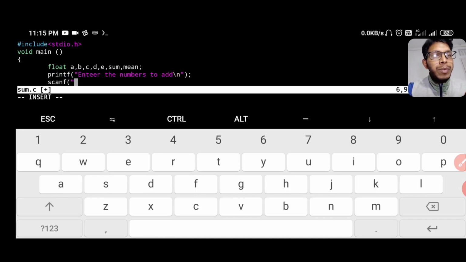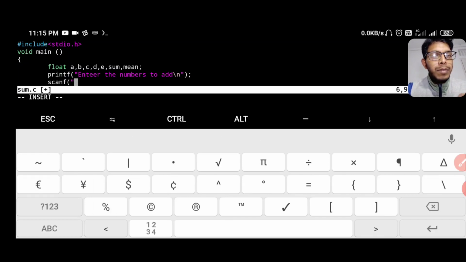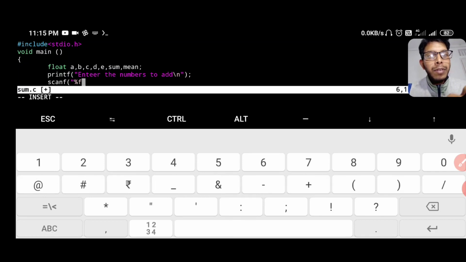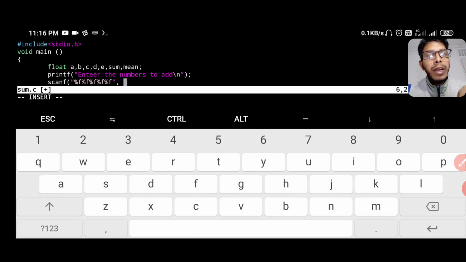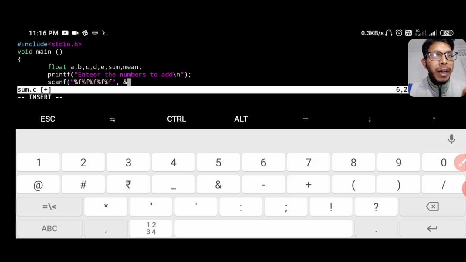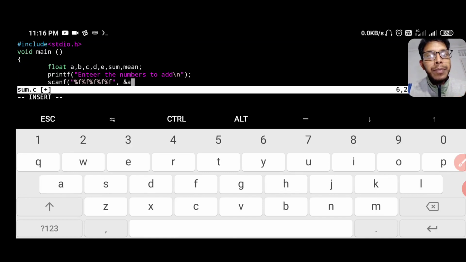So floating point we have taken, then what do we have to use? %f. How many %f's? How many inputs are we using? 5. So 5 times we have to use %f. We want to take 5 inputs. After that you have to give a comma. Which inputs do we want to take? Then we have to give the ampersand. And which inputs? A, okay, comma,